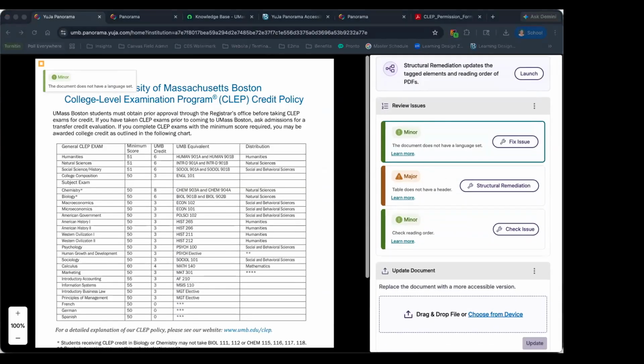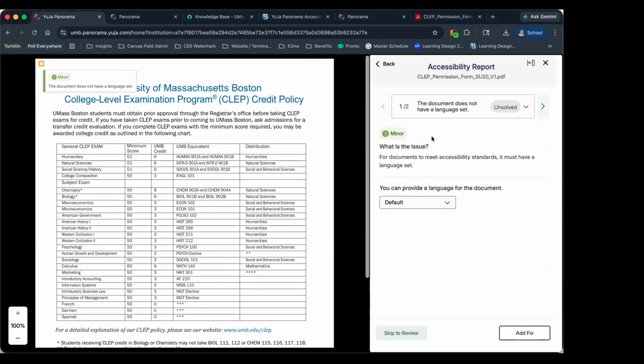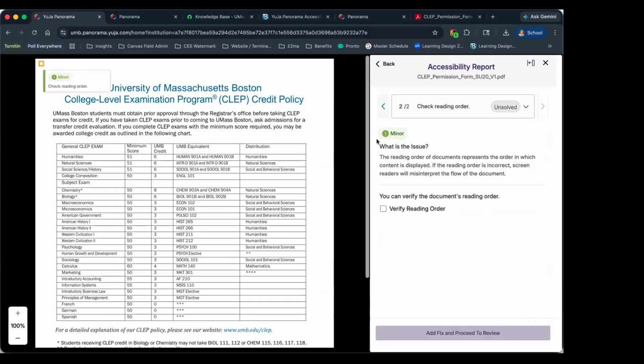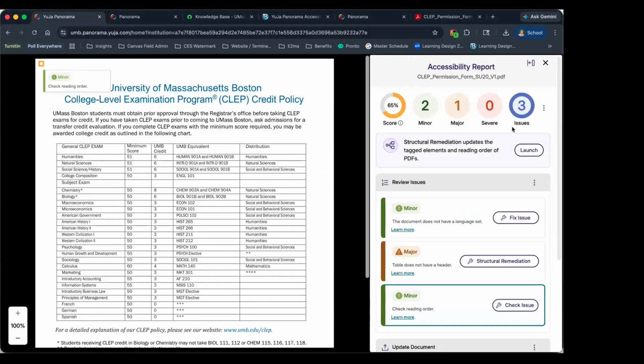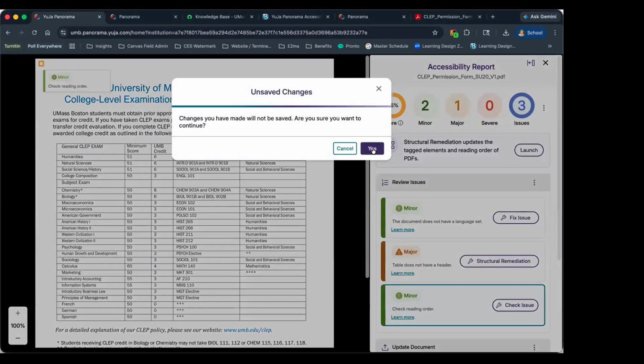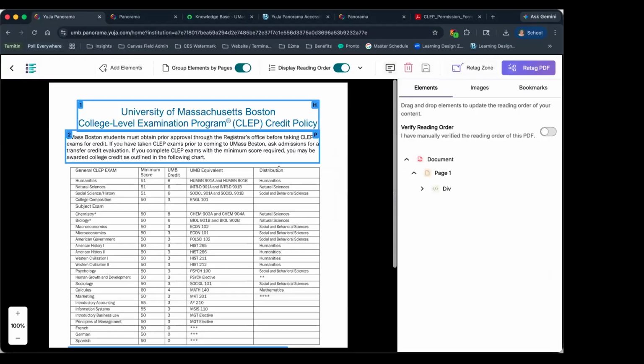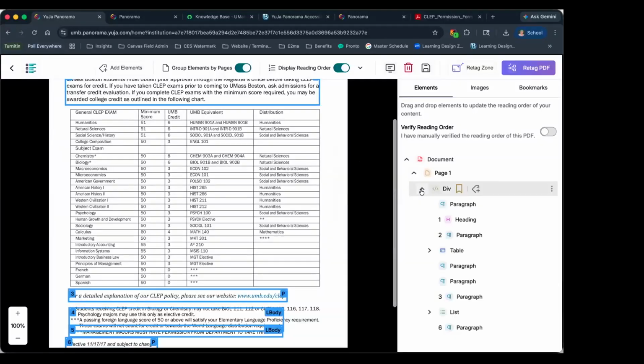So we see here we have a few additional issues. We have the language needs to be set here. This is simply a quick fix of choosing the language of the document. This is to ensure that it is effectively read out and interpreted by assistive technologies. We can add that fix. We have the reading order fix, which we can, again, launch the structural remediation, and we can work our way